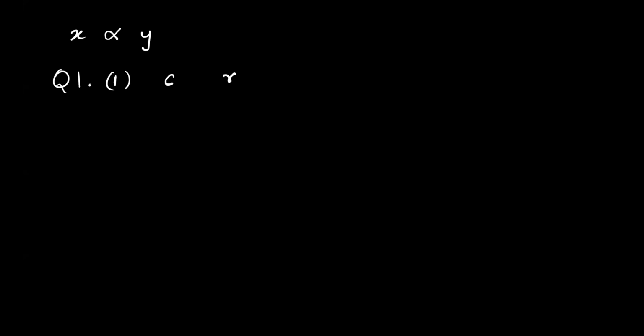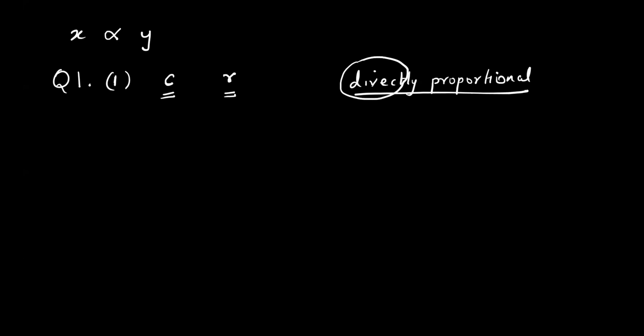Now they are using the word directly proportional. Whenever you see the word direct anywhere in this chapter, this word basically means that when I increase the circumference, radius also increases. When I decrease the circumference, radius also decreases. That is why the symbol will be this one. Because they have told us to write it in symbol of variation, that is what we do. I hope everybody has understood this.